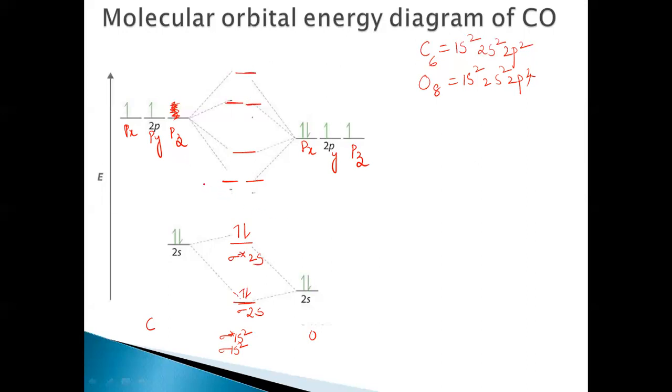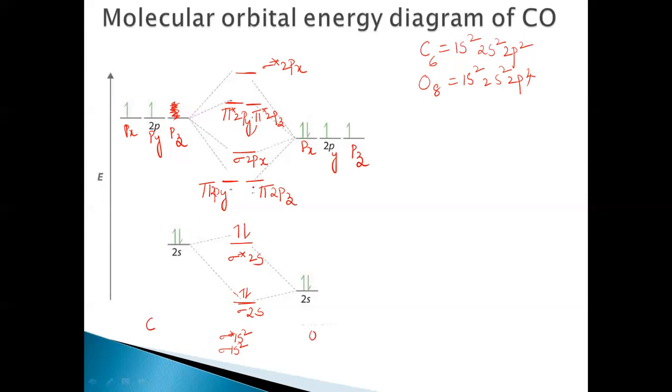So here first comes pi 2py, pi 2pz. Then comes sigma 2px. This is pi star 2py, pi star 2pz. Here, this is sigma star 2px. So, the head-on overlap of these px orbitals results in the formation of sigma and sigma star orbitals of 2p,